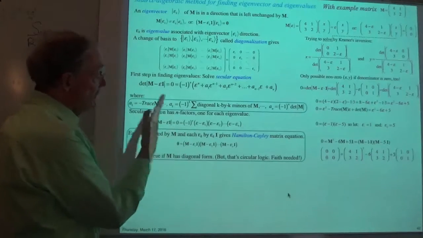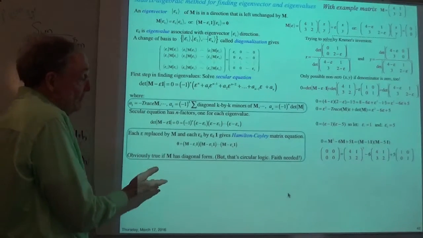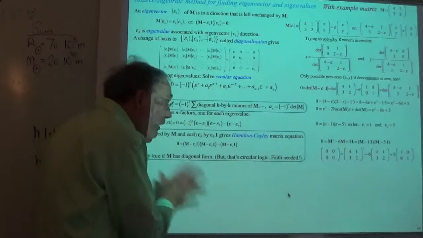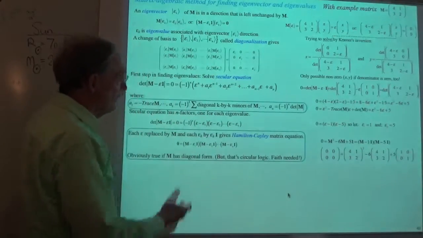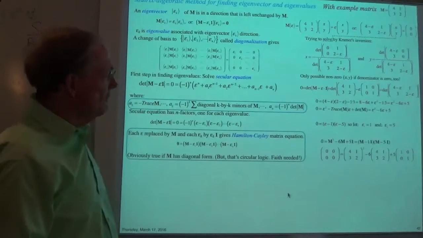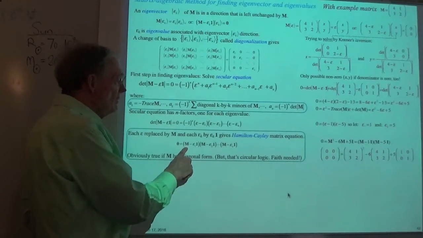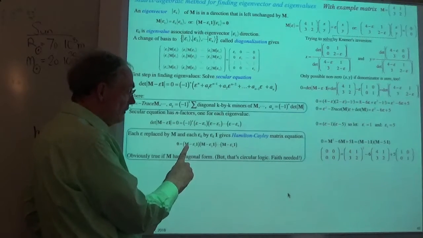I can show very obviously, if it's a matrix of the kind we have in physics that is diagonalizable, it's trivial that this is true. But it's true for all matrices. So, let's say we need some faith here that this is right. And it is definitely right for all of the physicists' matrices, which are called normal matrices. But in any case, all you do is you take the epsilon and replace it by the whole matrix,